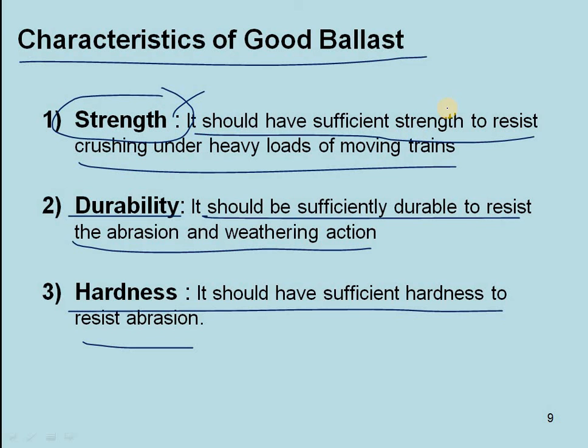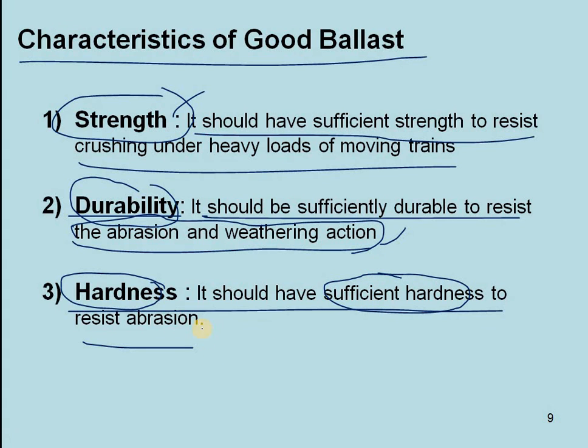The ballast should be able to bear heavy loads and should not be crushed by the heavy loads of trains or the track. While trains are moving also, they should bear the loads. And the durability should be sufficient and compulsory, so that it withstands all weathers, like summer, winter and rainy season, against weathering reactions. And the hardness of the material should be very good, with toughness to resist abrasion.